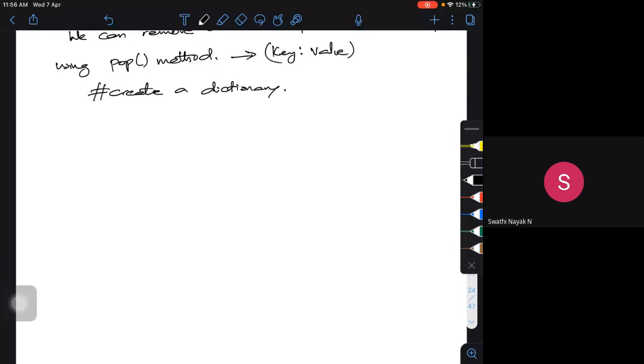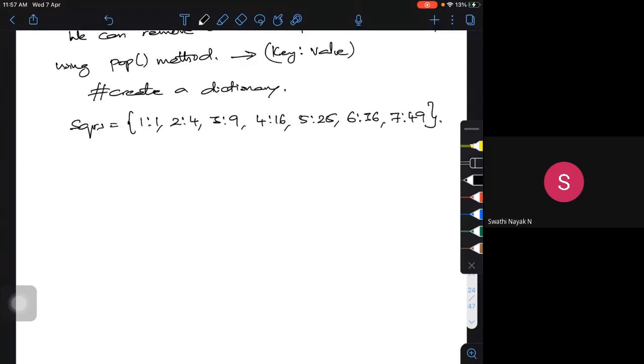Create a dictionary. Let me call it SQRS, maybe 1 square, 2 square, 3 square, 4 square. So it's nothing but squares. I am trying to create a dictionary: 1:1, 2:4, 3:9, 4:16, 5:25, 6:36, 7:49. Okay, I have created a bigger list so it's easy for you.